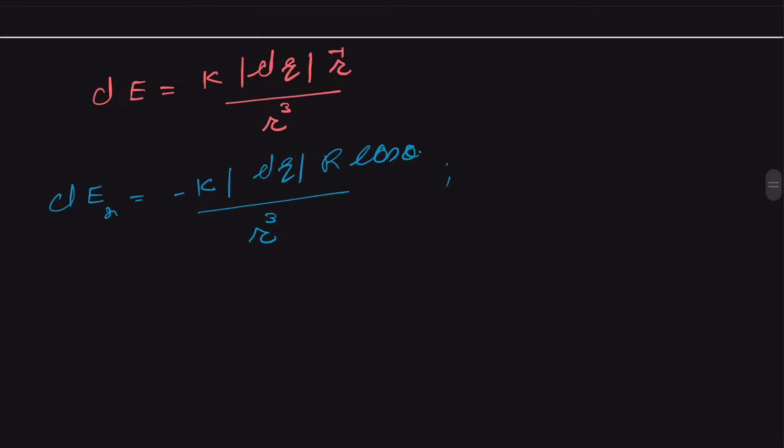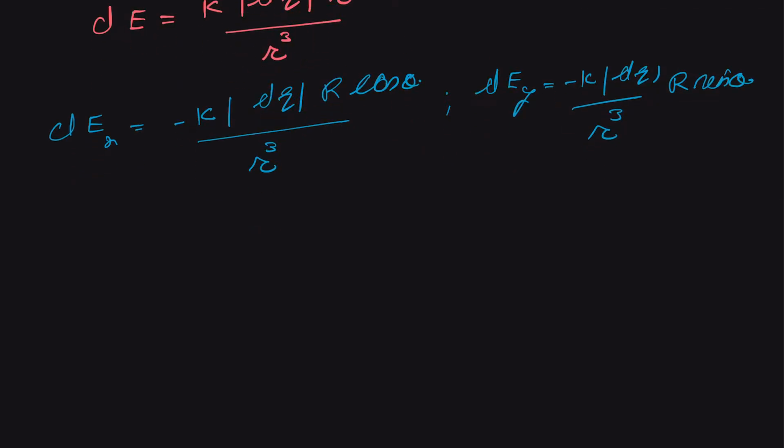And we can write its y component, and this is equal to minus k dq upon r cube, and we have our r sine of theta, and finally we can write its z component. This is our k dq z upon r cube. Okay. Now we can clearly see that there are only two components dependent